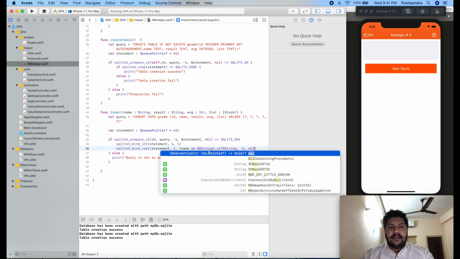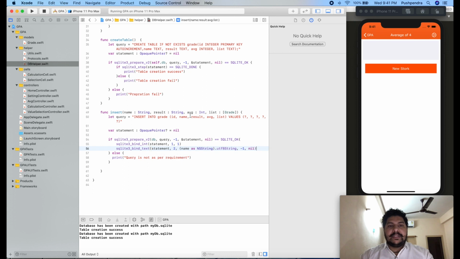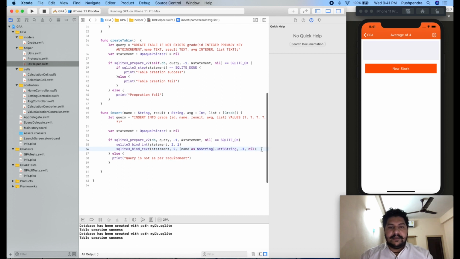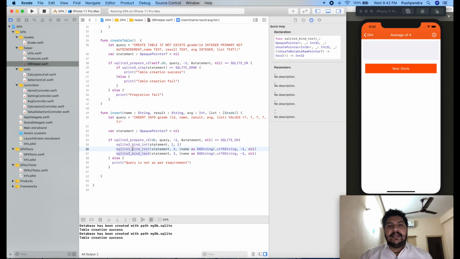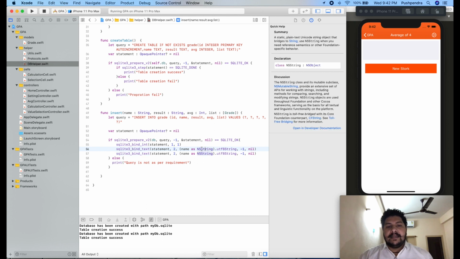That's great. Now in the same way you need to send your result. I'll copy and paste. Here is the complete description. If you really want to know deeply about that, here is the description about NSString. What is NSString? Okay, here it is the description. Once you keep your pointer and click, you will get it at the right hand side.